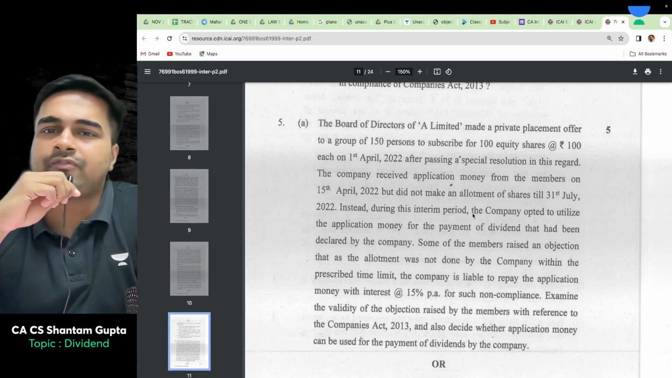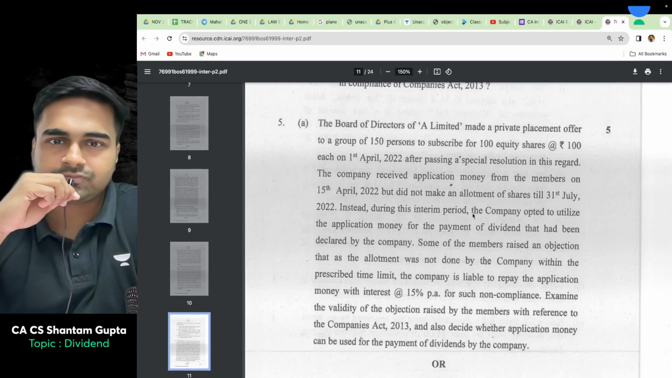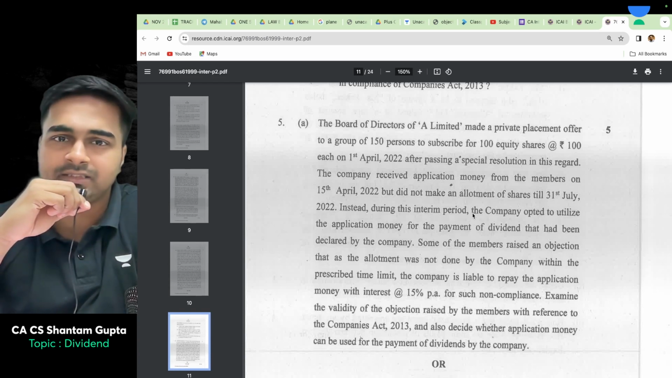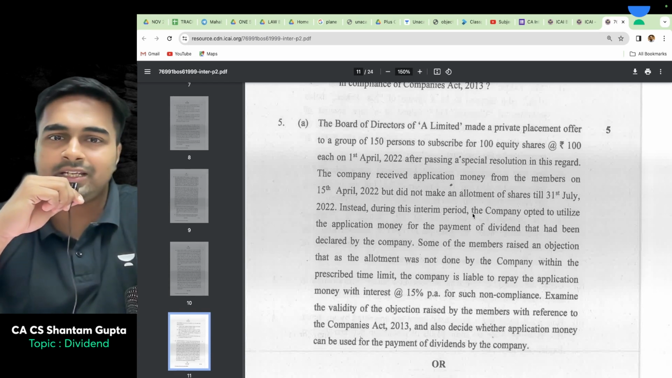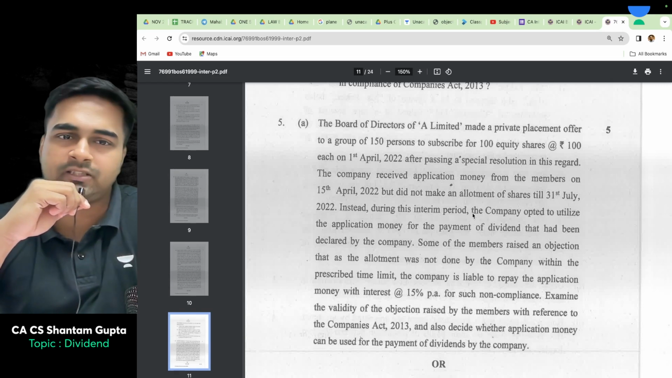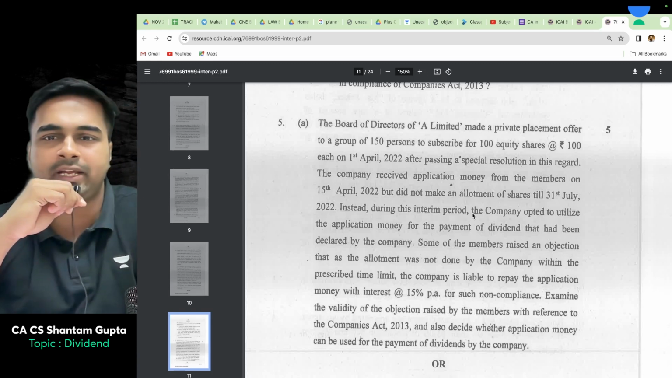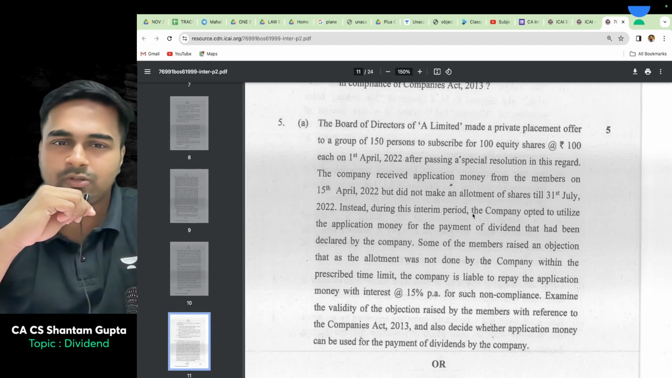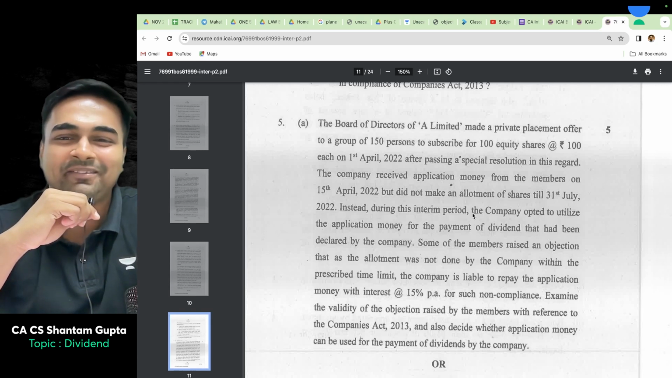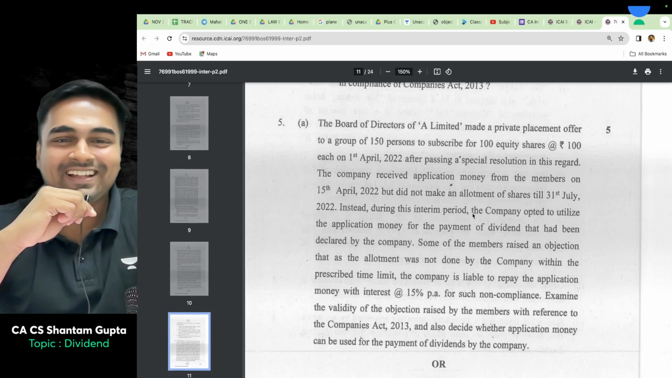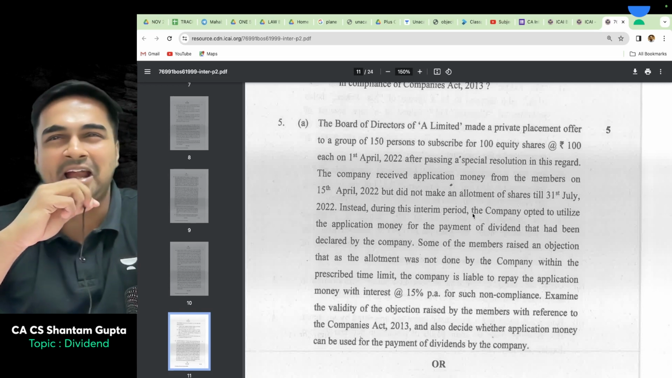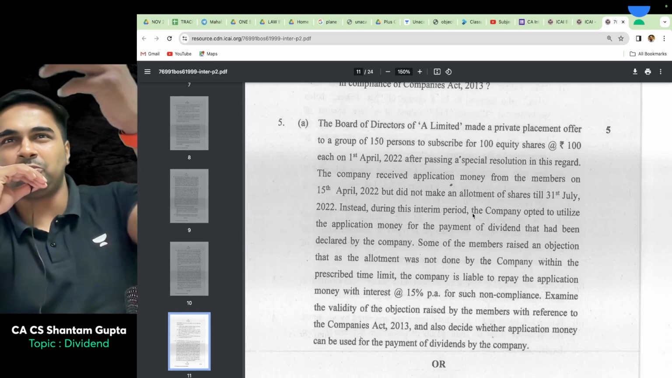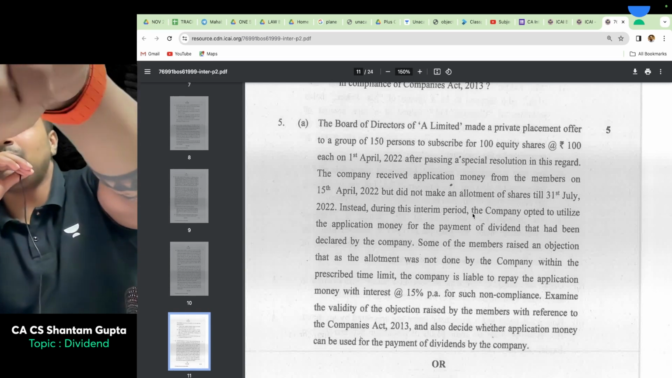The board of directors of A Limited made a private placement offer to a group of 150 persons to subscribe for 100 equity shares each on 1st April 22 after passing a special resolution in this regard. The company received application money from the members on 15th April but did not make any allotment till 31st July 2021. Instead, during this period, the company opted to utilize the application money for payment of dividend that has been declared by the company. See, amazing tactics. I took money from you, did not give you shares, your money I distributed as dividend